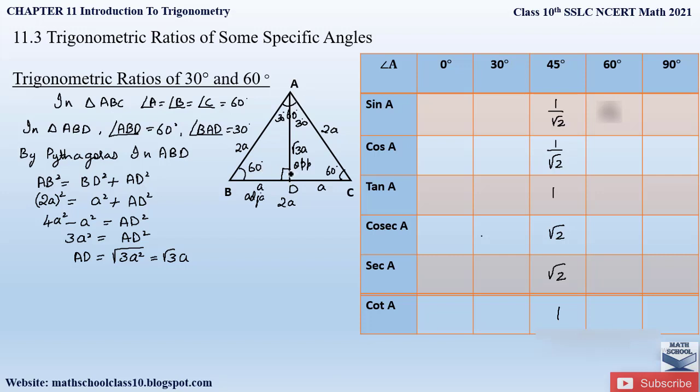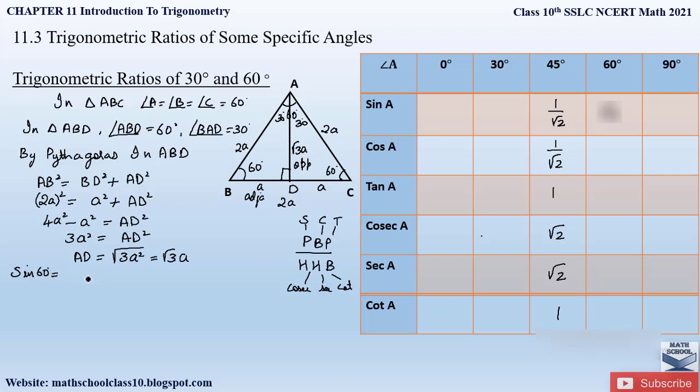So therefore we can find out the trigonometric ratios for the 60-degree angle at angle B and for the 30-degree angle at angle BAD. Right? The best way to remember our trigonometric ratios is to remember this fraction, P B P divided by H H B, where the sine value is given by perpendicular by hypotenuse, cos is base by hypotenuse, and tan is perpendicular by base, and the reciprocals of these are cosecant, secant and cot, right? So let us first find out sine 60-degree value.